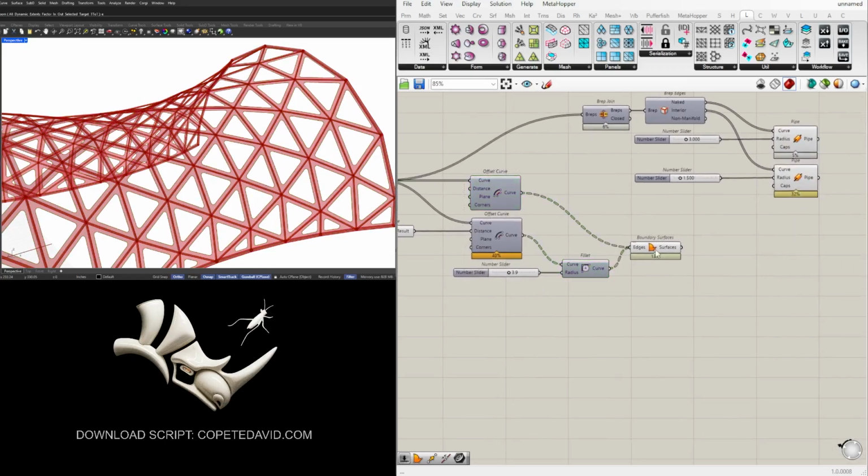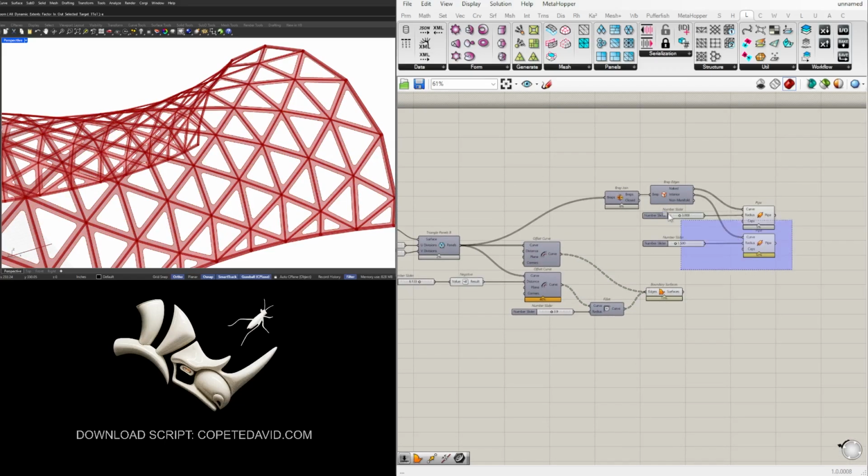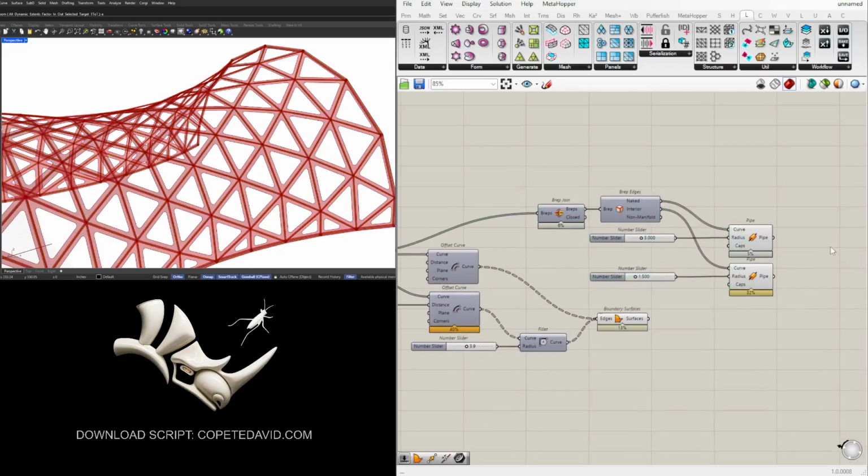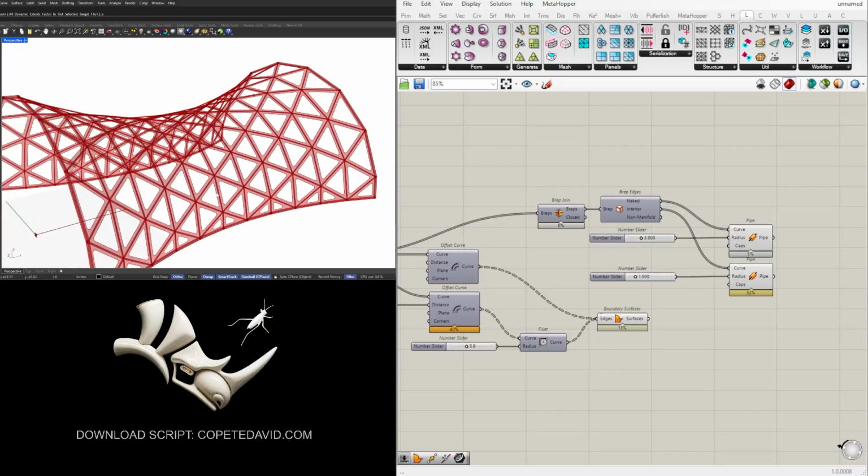And now we can hide those two. All right, so in this next step, what we're going to do is have the ability to change the frame size depending on a curve attractor. So let me show you that part, which is going to make it so the pattern is not just this consistent offset being the same everywhere, but it can change when you, let's say, get closer or further away from